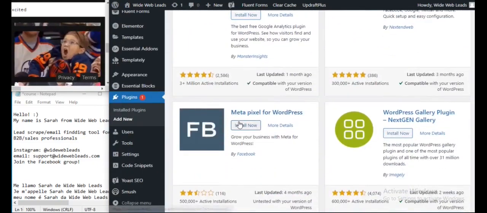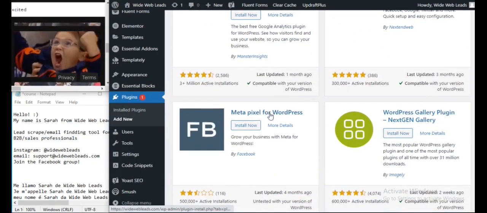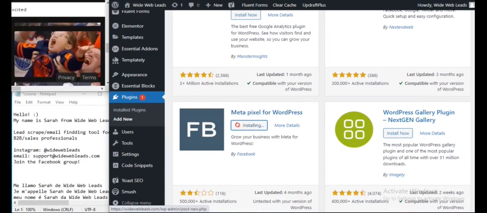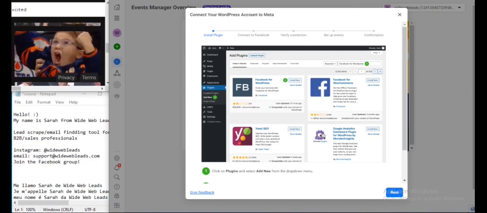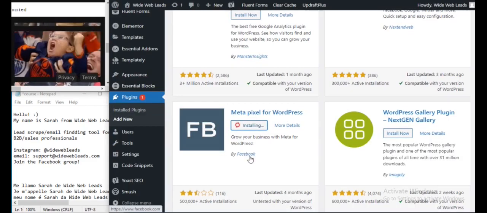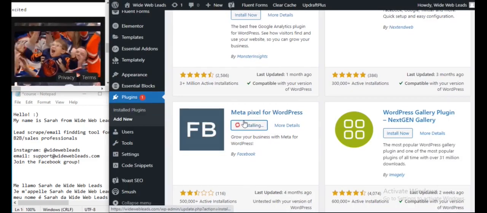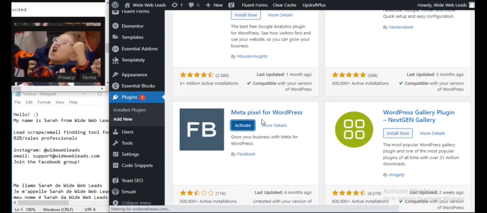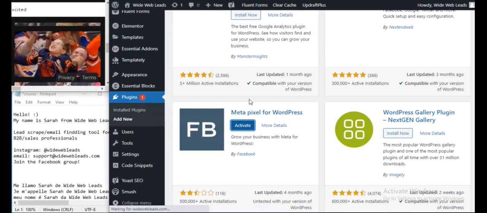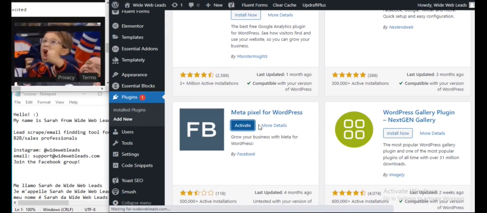I'm gonna go with this one. Pretty sure this is the one. Meta Pixel for WordPress. They have the same logo here, so I'm going to assume that that's the one. It's by Facebook, so probably the right one. My apologies, they switched up the name on me. And we click activate.